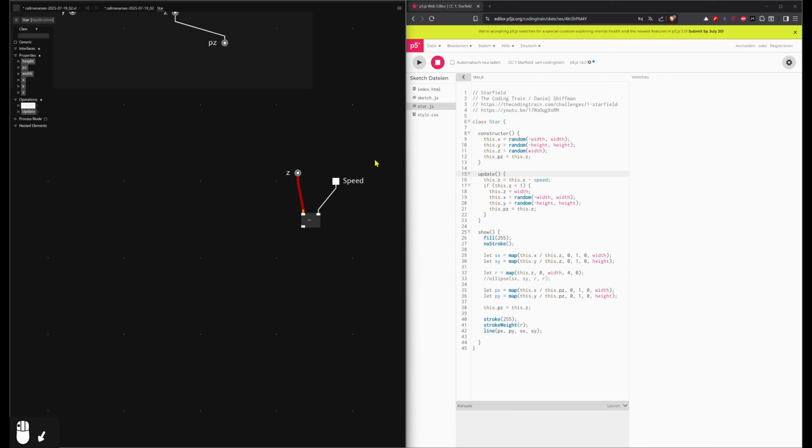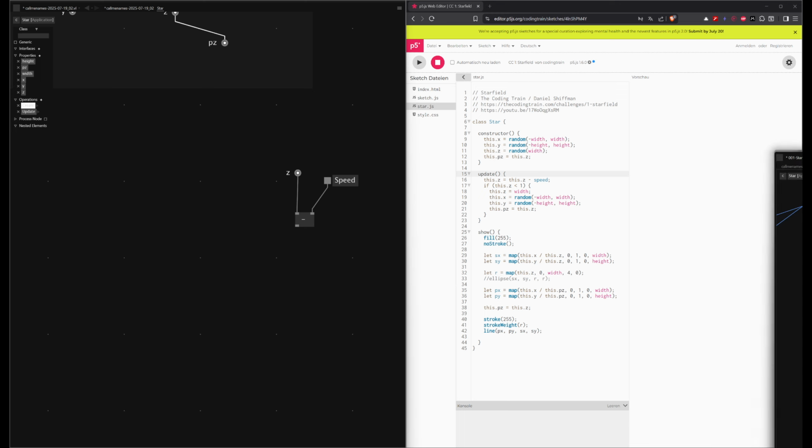Let's see. Now we're talking. Okay. So the speed needed to get assigned properly to the right operation. And now we can properly